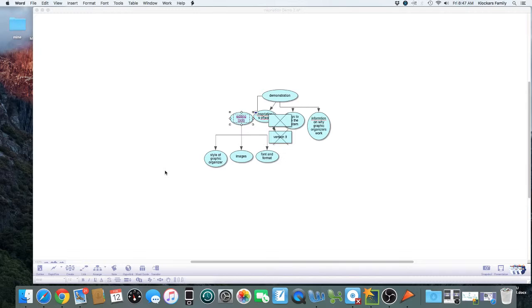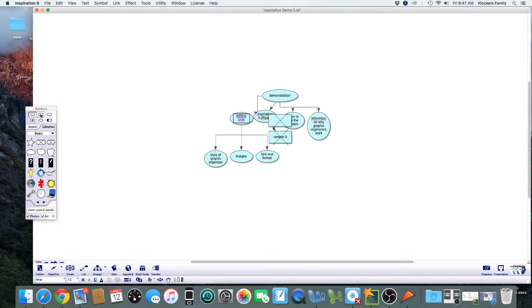Now, there are a ton of tools available on Inspiration version 9, and this is only an overview of the starting point of how to use the program. For further details, you can visit http://www.inspiration.com/training/individual. Here, let me put that in for you, a little hyperlink.